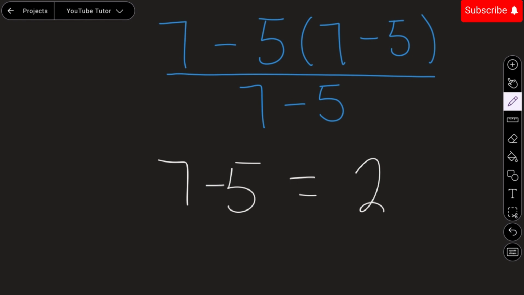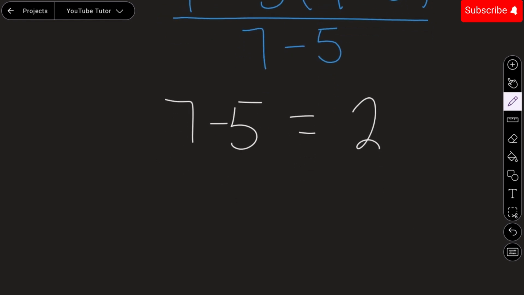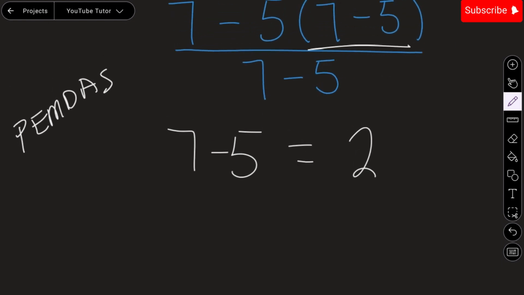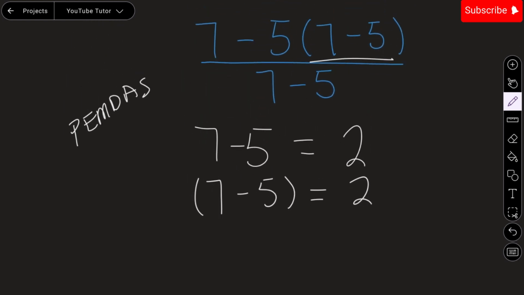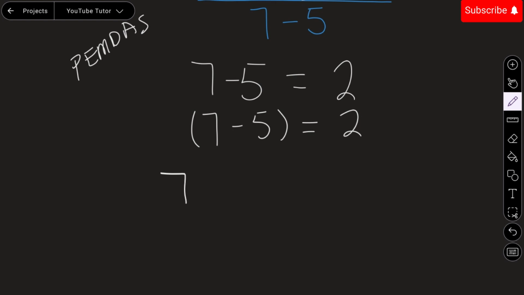With the numerator, we follow the almighty PEMDAS rule. So we have 7 minus 5, which is in parentheses. That alone also gives us 2. And now 7 minus 5 times 2